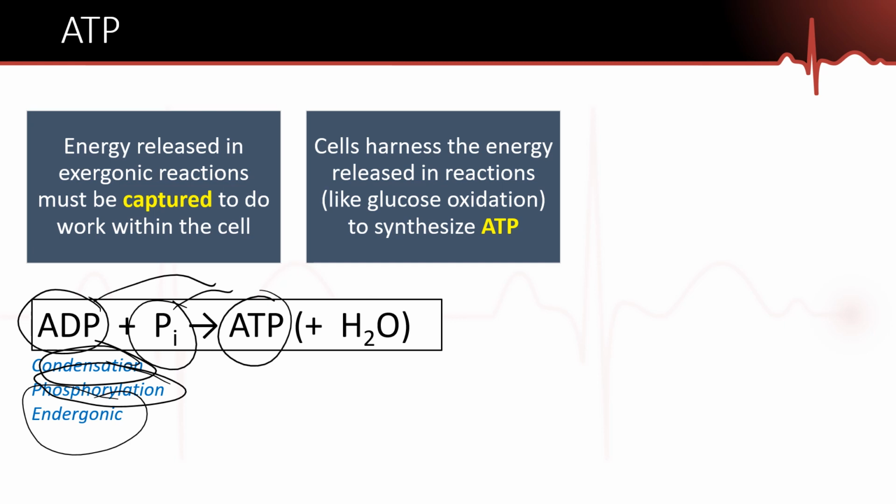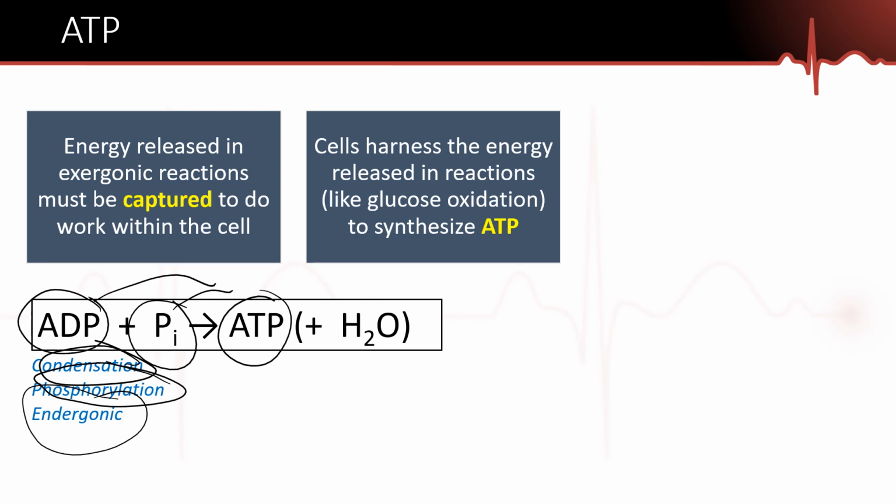So if you want to make ATP out of ADP and inorganic phosphate, which actually have less energy within them, you're going to have to put energy into the equation. So everything about the resynthesis of ATP, recreating ATP from ADP and inorganic phosphate, is the opposite of the breakdown or hydrolysis of ATP. I mean, it's logical, it makes sense, but these are putting a lot of terms together